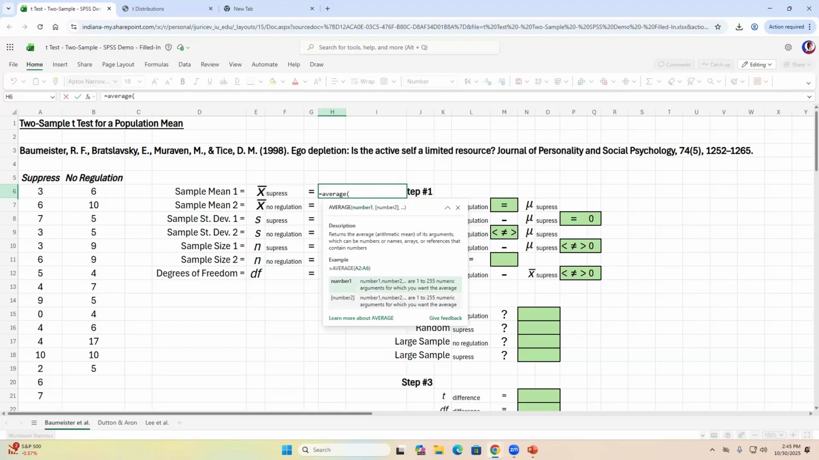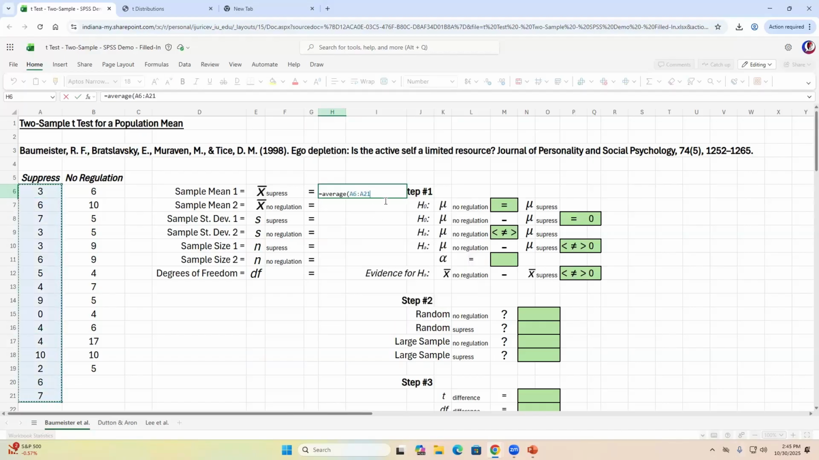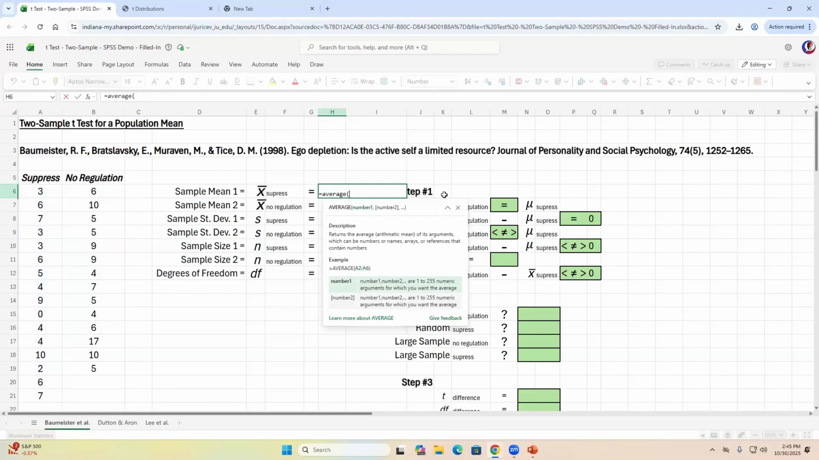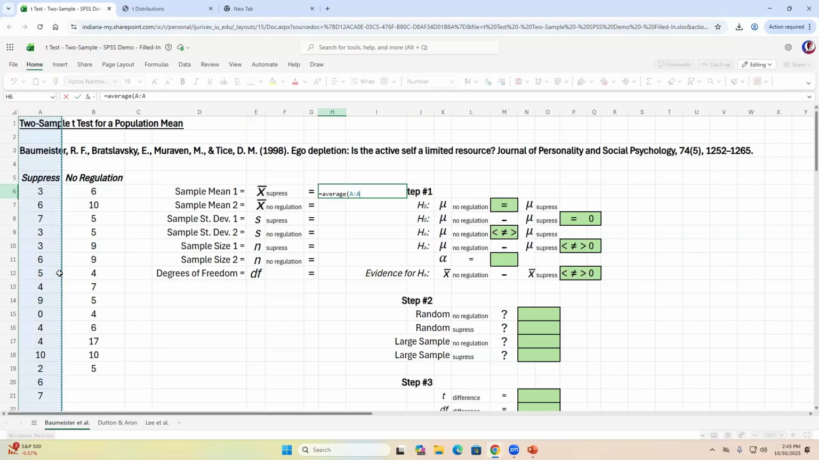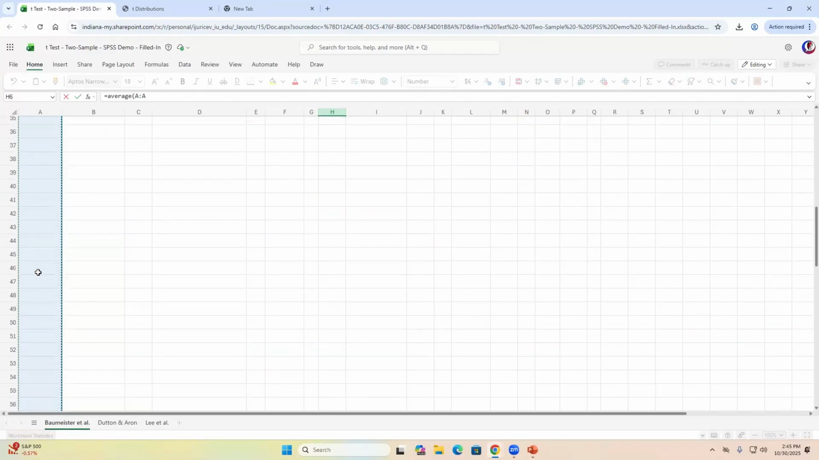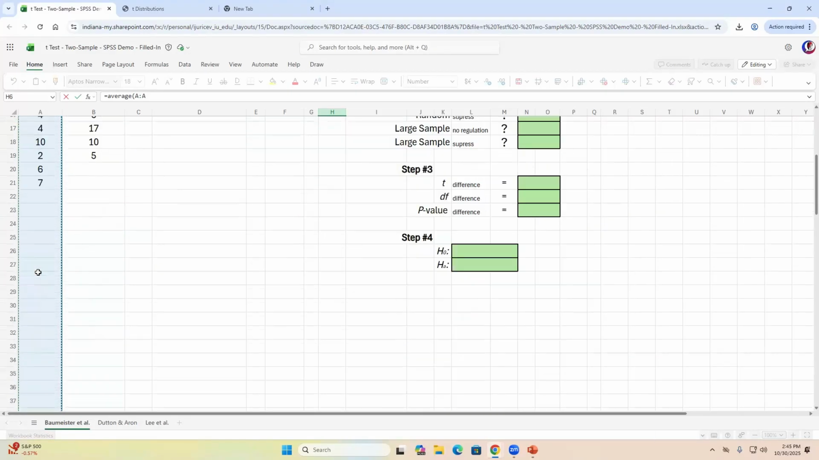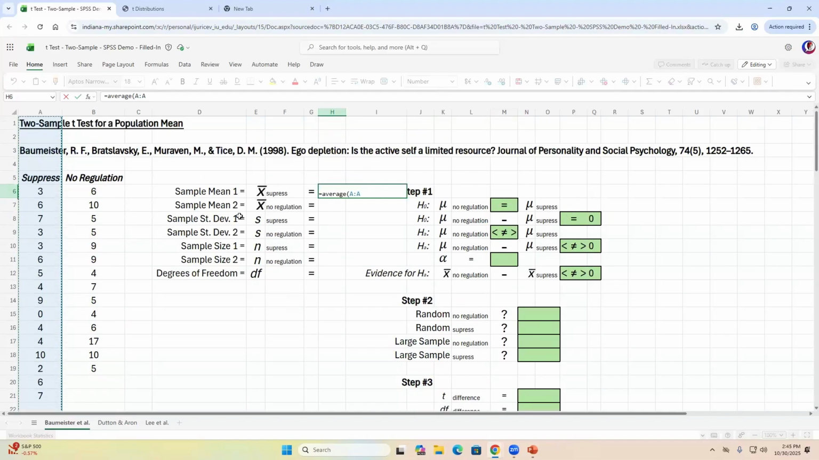And then we're going to open that parentheses. But what we're going to do is, instead of highlighting the scores, we're going to make a general calculator, and we are going to just highlight the entire column by clicking on the column header. So we just click on the column header A here, and that now selects the entire column here. So regardless of how many scores we actually have, we're going to have a formula here that can handle that